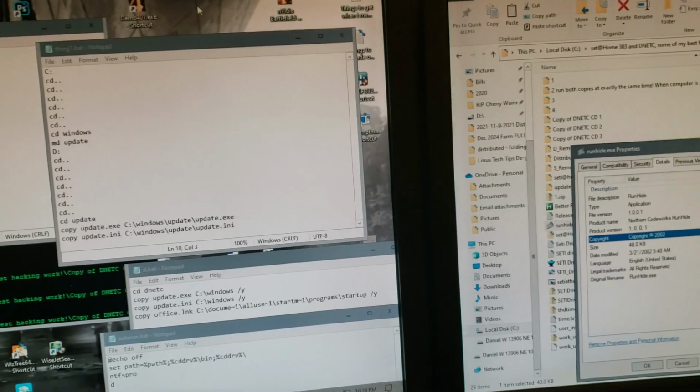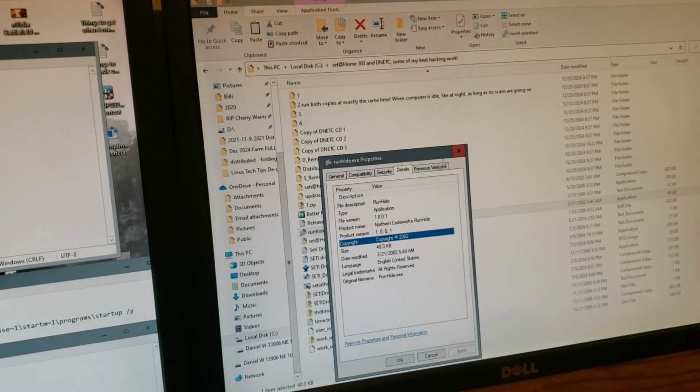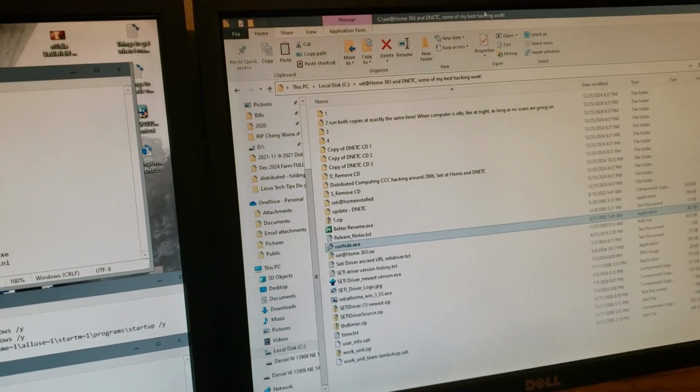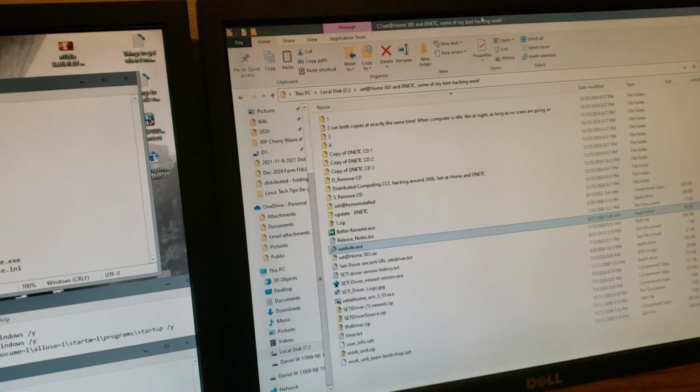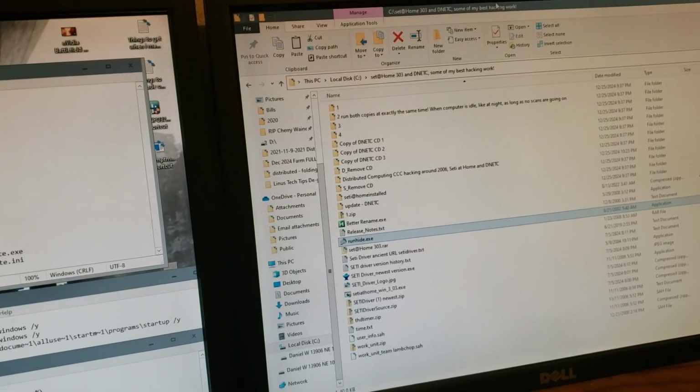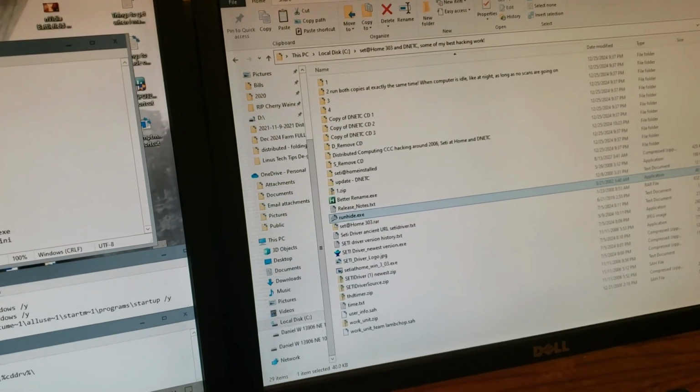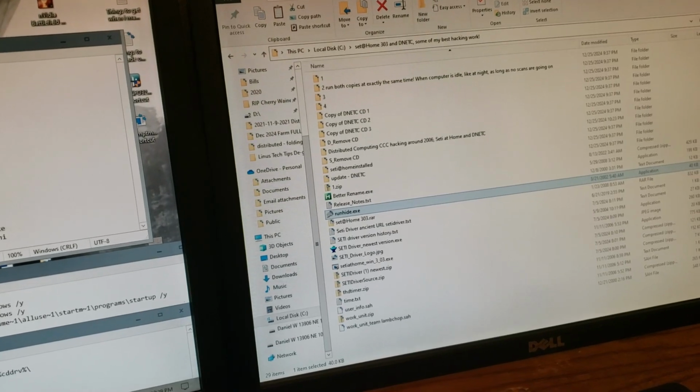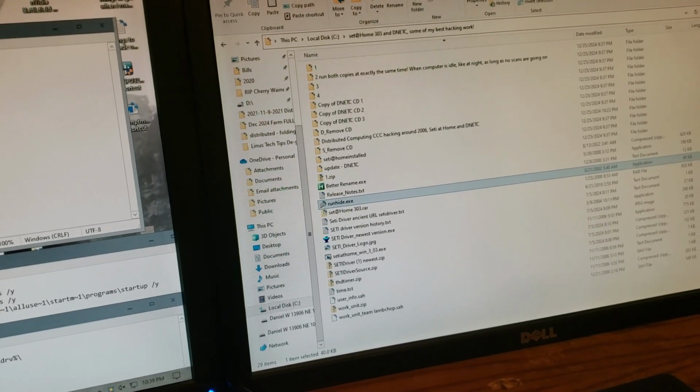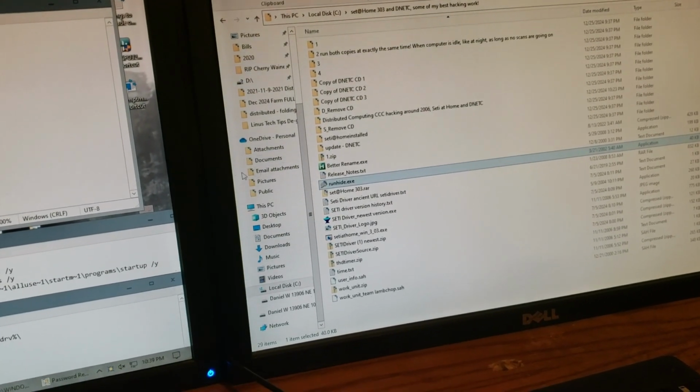That's trivial. So, in the DNETC version, in which work units would finish within an hour, the chances of a user rebooting the machine mid-work unit would be lower. I had it